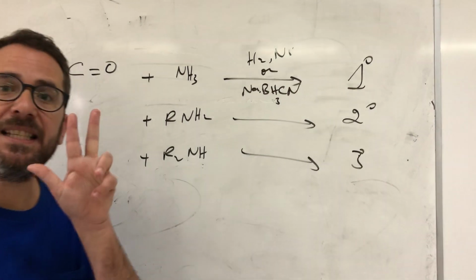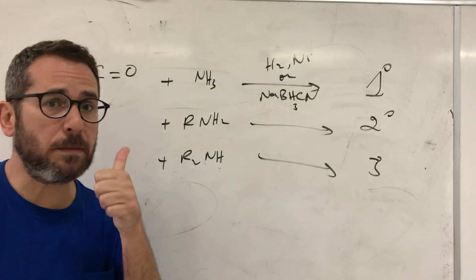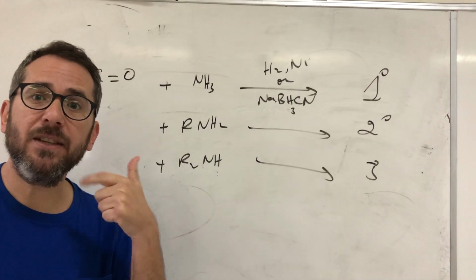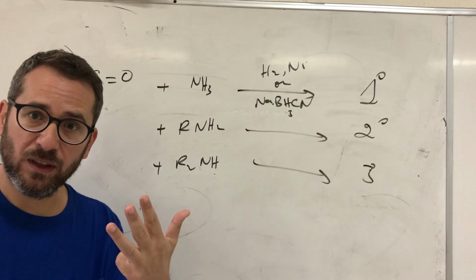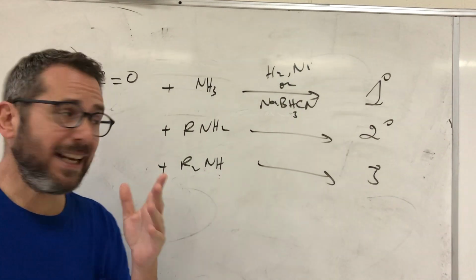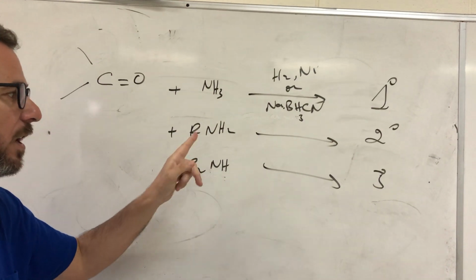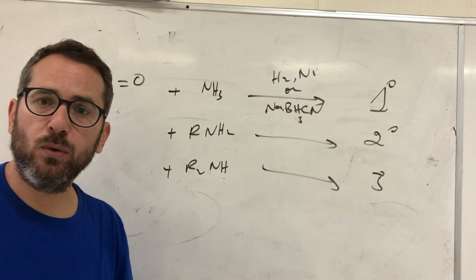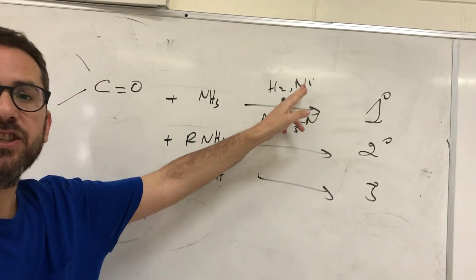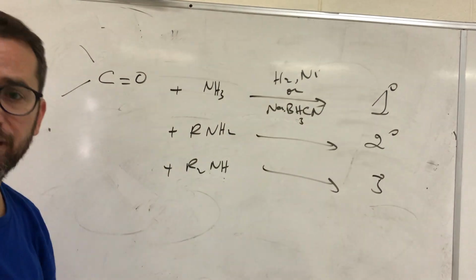So till now we have seen three methods to prepare amine. From a nitro compound, always primary. From ammonia with alkyl halide, we can prepare the primary, the secondary, the tertiary, and the salt. And by reductive amination, addition on a carbonyl, aldehyde or ketone, of a derivative of amine, NH3 or RNH2 or R2NH, we will obtain the primary, secondary, tertiary, and we need a reducing agent, H2 catalyst or sodium cyanoborohydride.